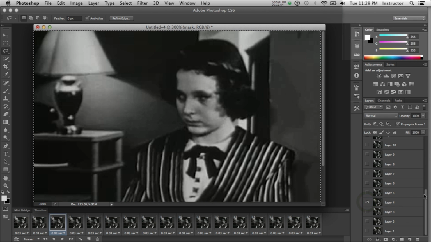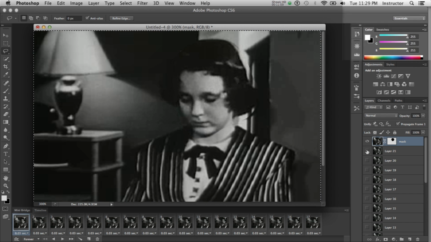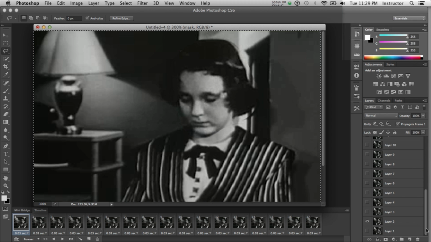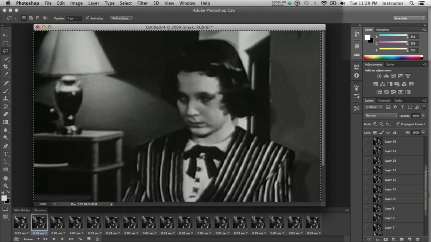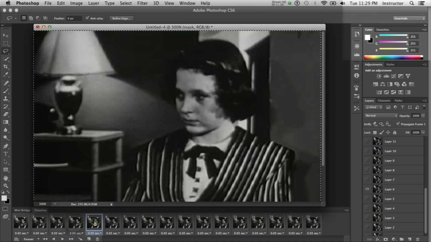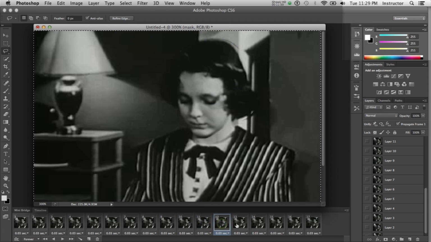Perfect. So now what I want to do is go back through each layer, and I want to keep this layer on while we go through each. Now you can see I'm going to have some strangeness here. We'll touch it up after the fact. And wow, it didn't mess me up too bad. So let's just go through and make sure we're getting each frame. And what you can see now is that the background isn't jumping around, because what we've done is isolate